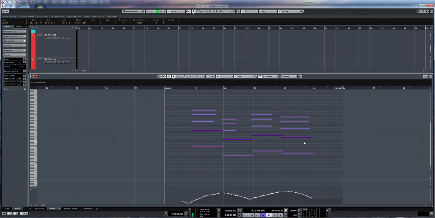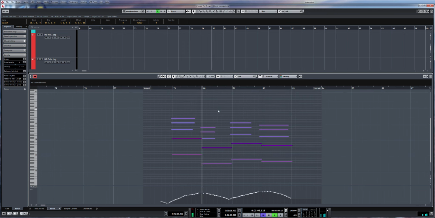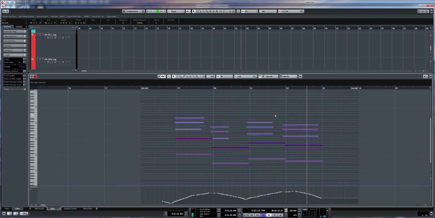Now, I recommend changing the chords to a chord with common notes, for example, 2 steps up or 2 steps down. So let's have a look at what we have to work with here. So say for example we want to change this chord and that chord. The easiest way, since this is an